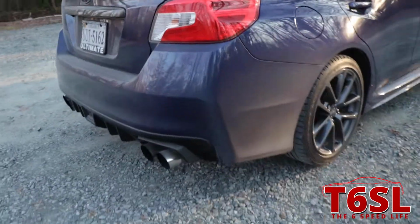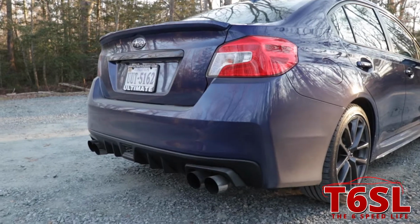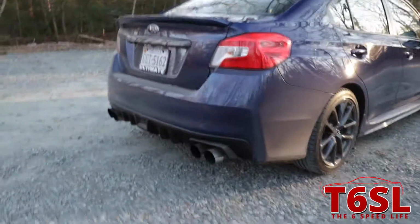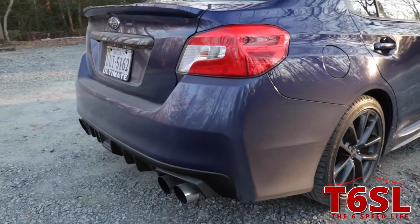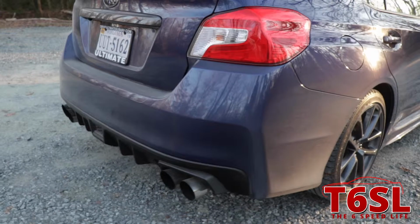Coming along the back, and this is where all the business is, guys. Like, just look at this. I just love it. As you can tell, I'm on a gravel road. I drove like 2 miles on gravel just to get here, and the car is a bit dirty, but just look at,